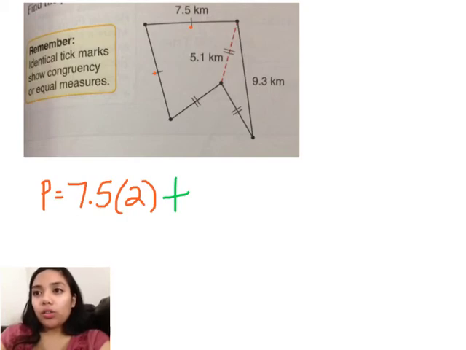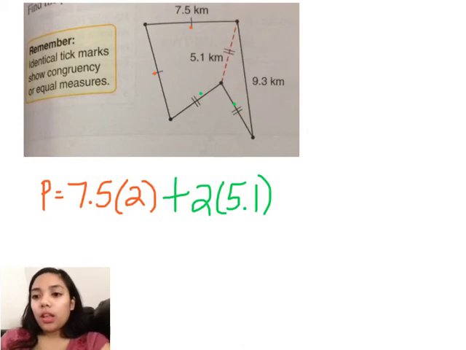So I have 2 tick marks, 1 here, and then I have 1 in the middle right here. But the one in the middle isn't on the outside, meaning that it's not part of my perimeter, right? So that means I have to do 2 times 5 1/10, and then plus